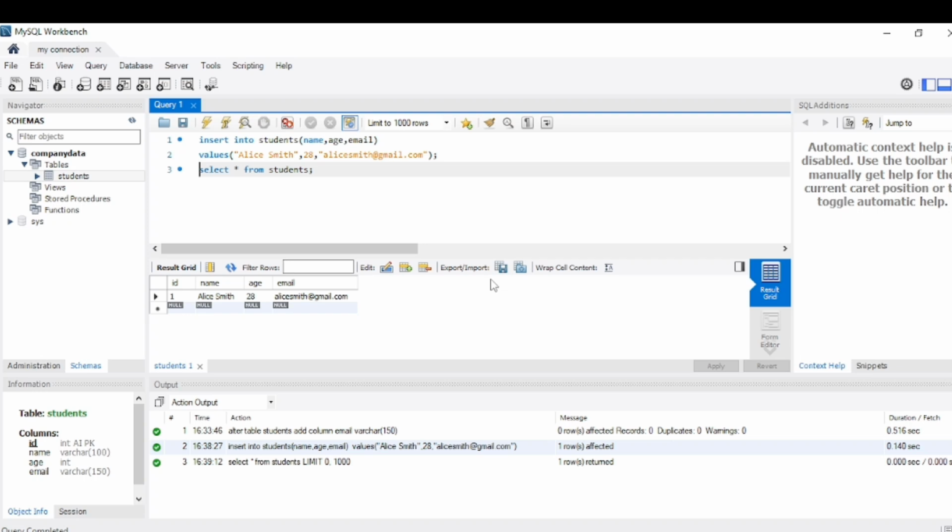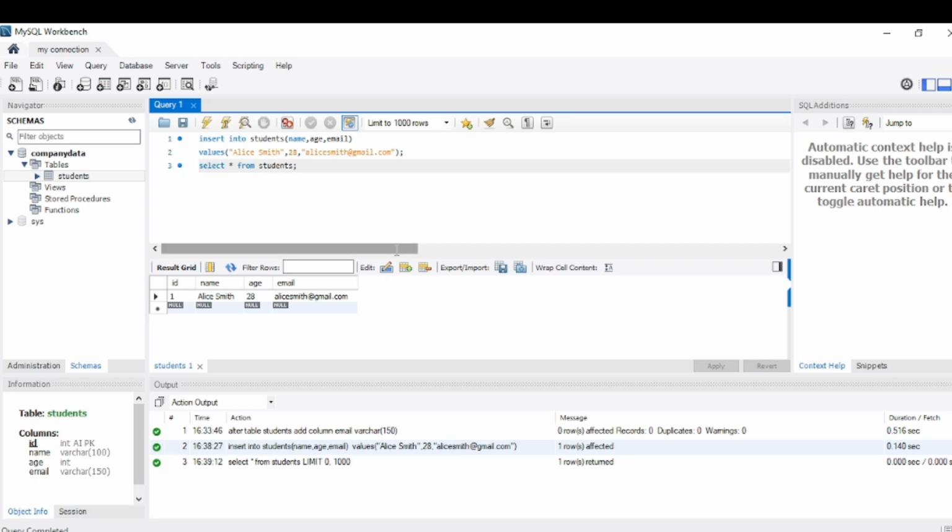Alright, so if you want to insert multiple records, more than just one, you follow the same process: insert into student, you call the columns, then you call values, then you call all the values you want to insert and separate each and every one of them using a comma. So let me say, for instance, I want to add